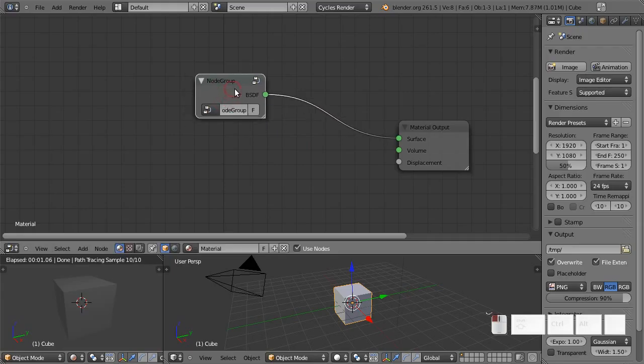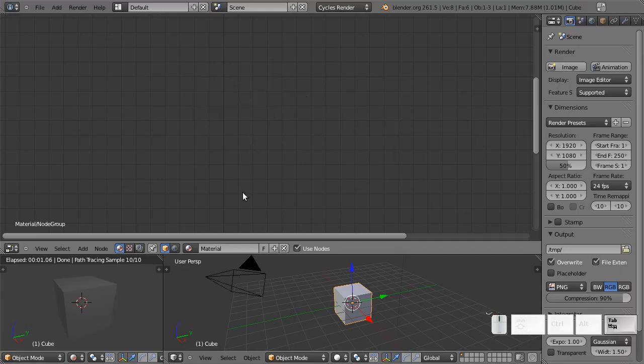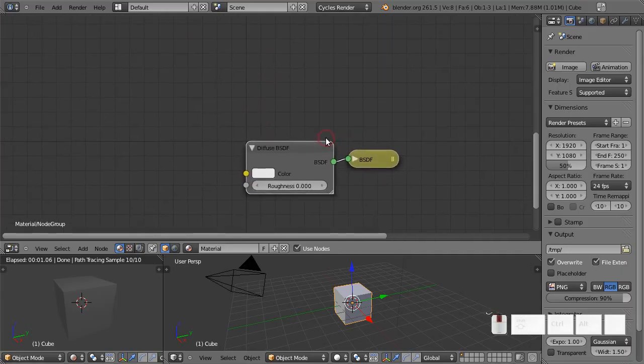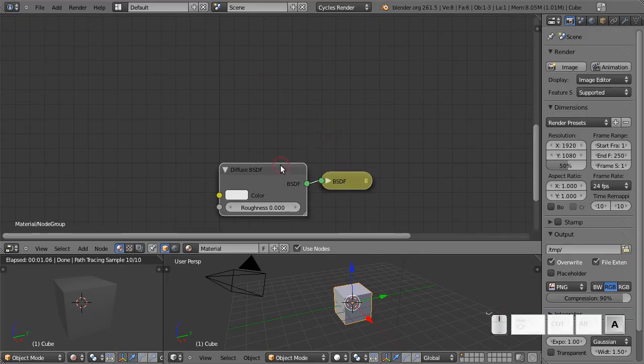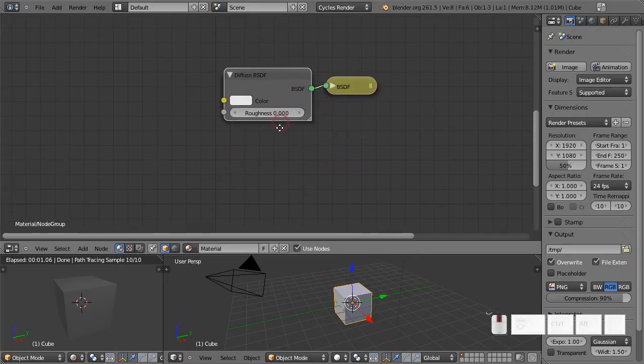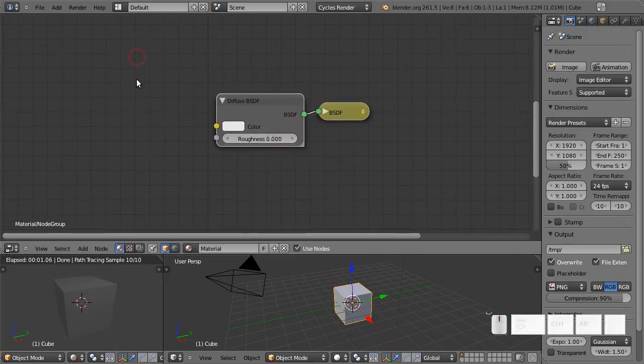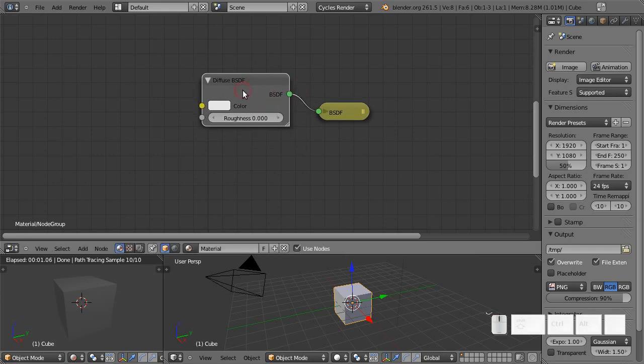you don't get one of these editing boxes around the node group anymore, but instead it will open the node group in just a regular node tree, like all the other node trees too. And well, the reason for this is basically that it makes node editing much cleaner and much more consistent,